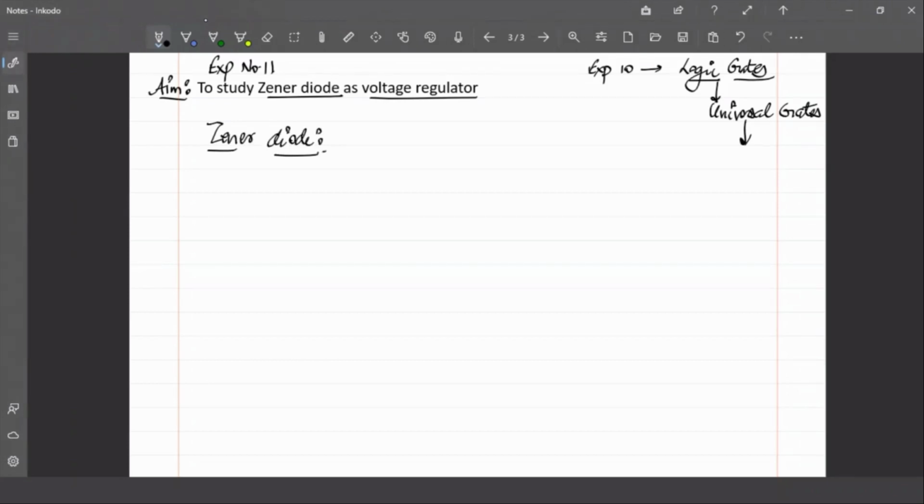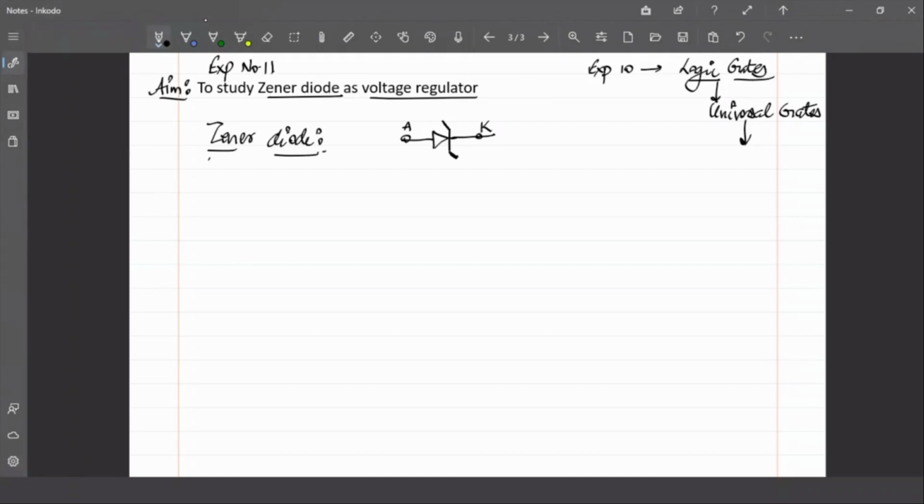Fine. So how is it represented basically? The Zener diode from the normal PN junction diode, the symbol is a bit varying. So this is for a normal PN junction diode. This is representing the anode. This is the cathode, right? And for a Zener, the representation is a bit different in terms of the cathode symbol. The cathode is having this Z sign. You can say it is having an extension on either side, forming a Z shape. So this is basically the representation for a Zener diode, right?